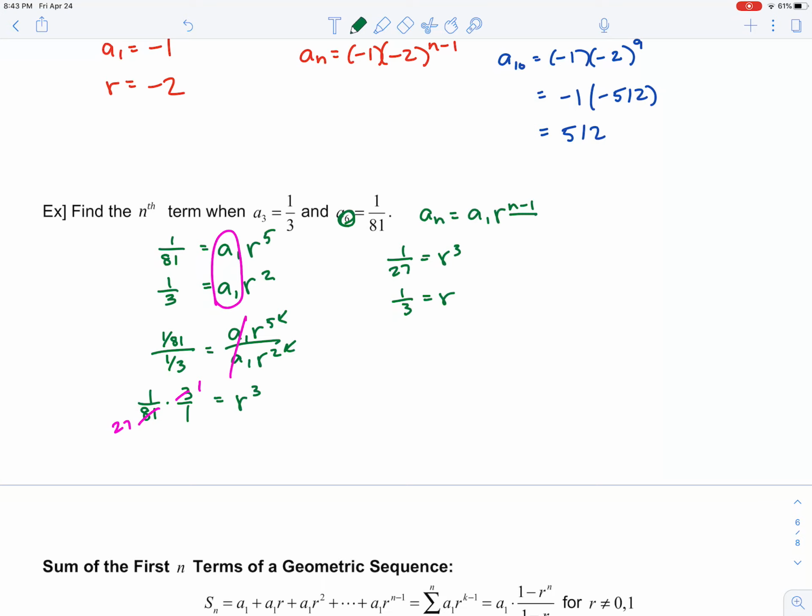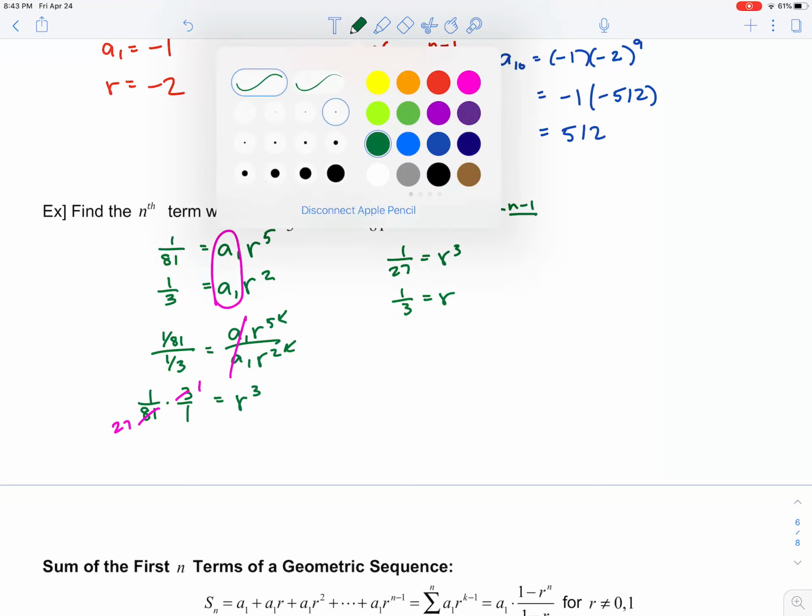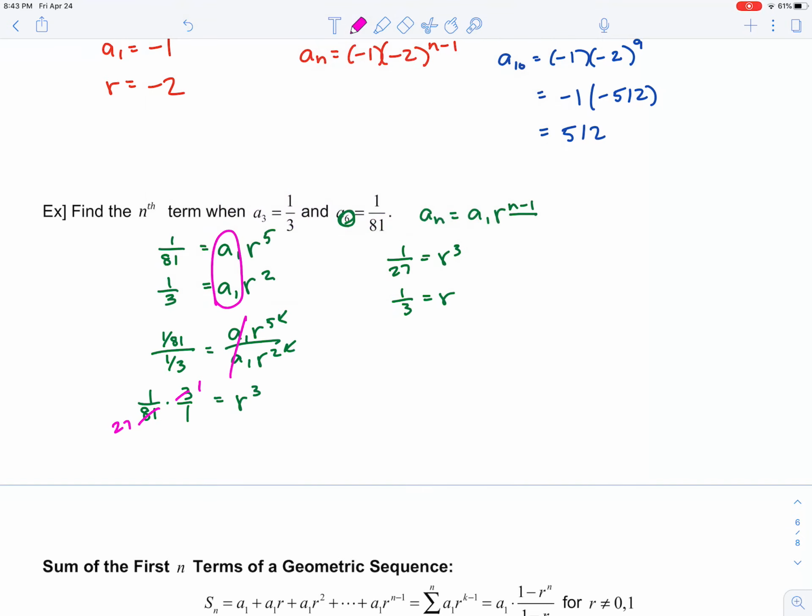So I now have the common ratio. I can take that and plug it back into either of my equations to solve for the first term. So I'll just plug it back into the second equation because it has smaller numbers. So 1/3 equals a sub 1 times the common ratio, which we found to be 1/3 squared. So 1/3 equals a sub 1 times 1/9. Multiply both sides by 9, and we get 3 equals a sub 1. So that means our first term is